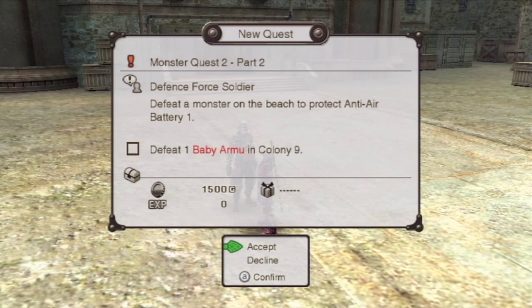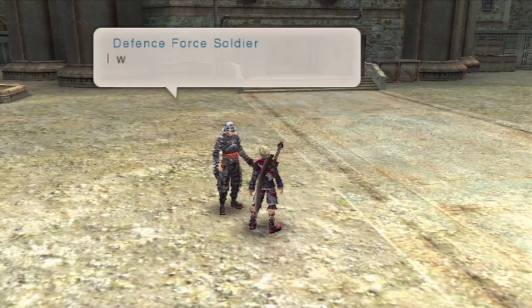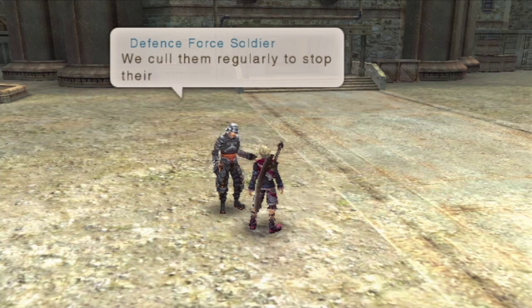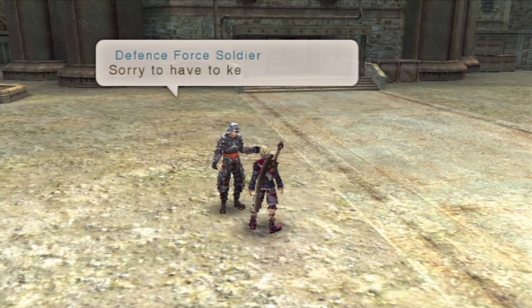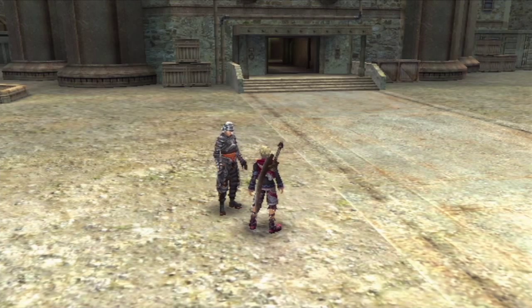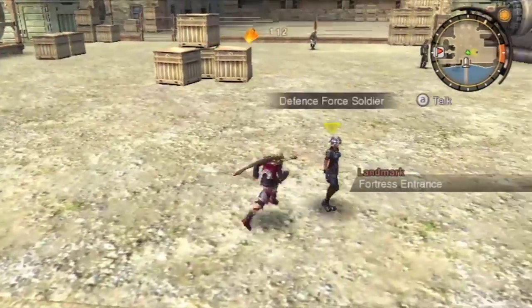So, one baby Armu. Honestly, considering the name Baby Armu, that doesn't sound very assuring on how this defense force works. I want you to kill a couple stone crabbles near Agora Shore. We cull them regularly to stop their numbers going too high. So, 2 stone crabbles. Yeah, that'll definitely stop the population. Trust me. Sorry to have to keep asking you. Agora Shore is east of the colony. It's a little far, but you'll find it. Alright, cool. So I don't think there's anyone else, actually. Oh, wait a minute. If I remember correctly...